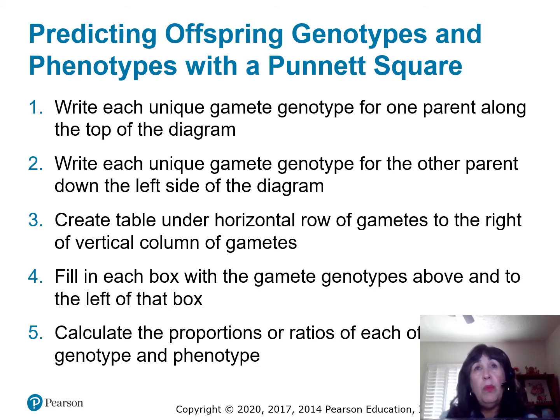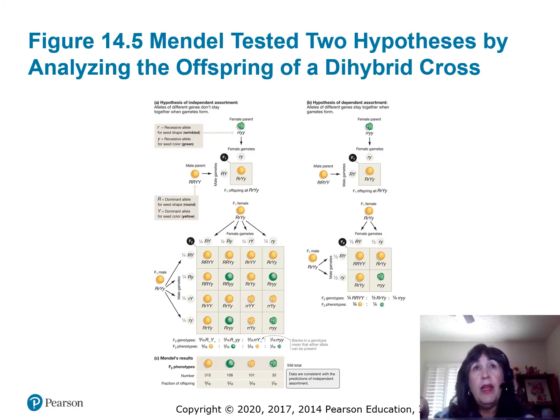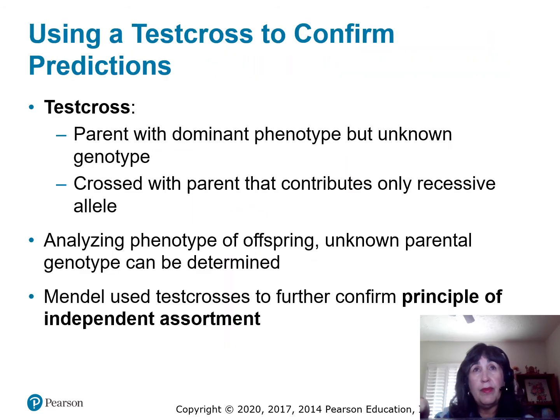Okay, so when we predict the offspring using the genotypes and phenotypes with the Punnett square, we have to create a table. And I must say that I will skip this because this is an activity that we did together when we were face to face. I will skip the dihybrid cross. We will only look at one trait at a time and not two. We will also skip the test cross.